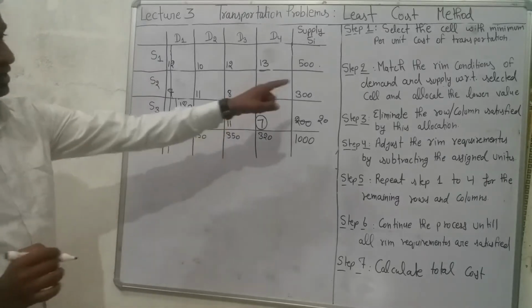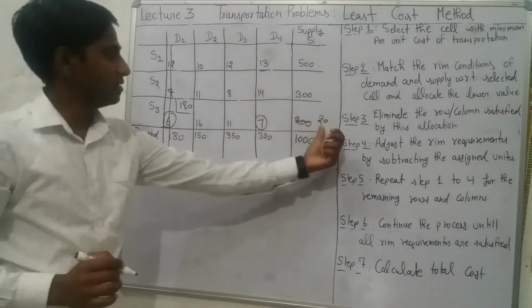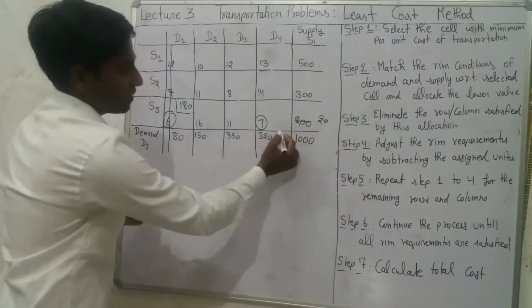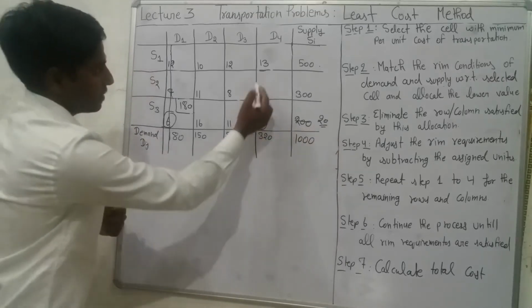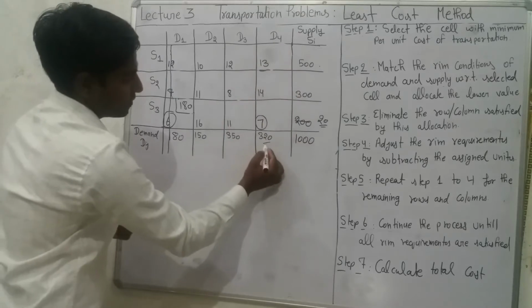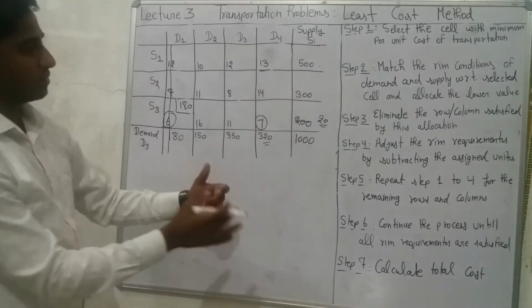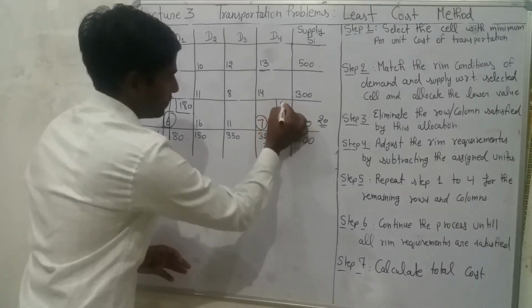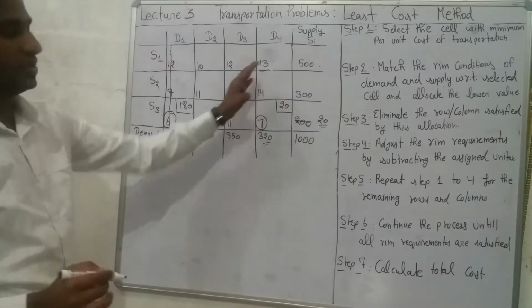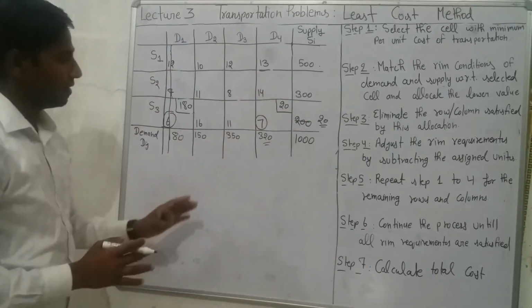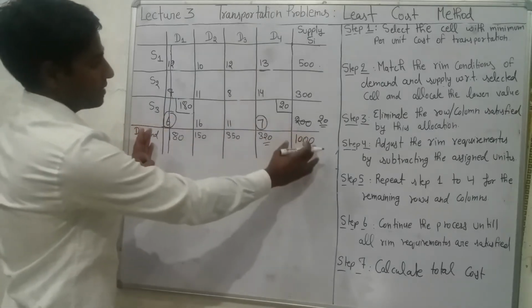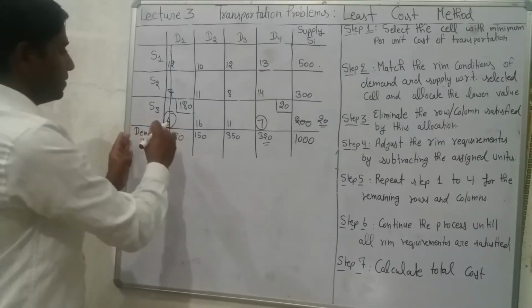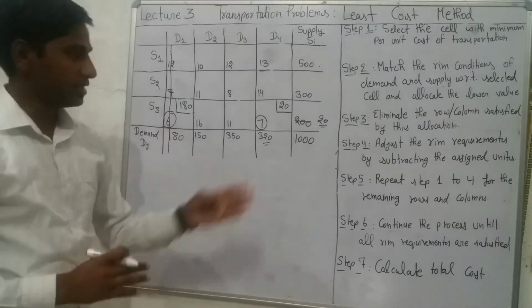So again we have to follow step 2, match the demand and supply with respect to this cell. So total supply available for this cell is equal to 20 units, and total demand for this destination is equal to 320 units. So what we would do, we will assign the lower value, that is equal to 20 units. So 20 units are assigned to destination 4. Now again look at the demand and supply of the rows and columns and check if a row or column is satisfied with this allocation or not.